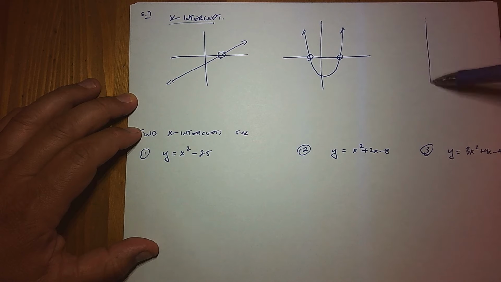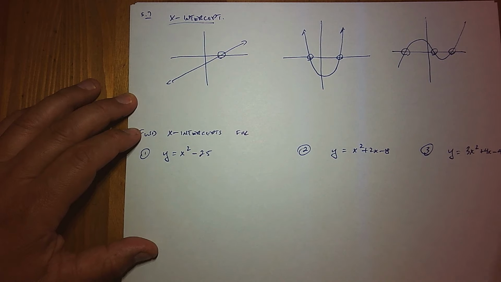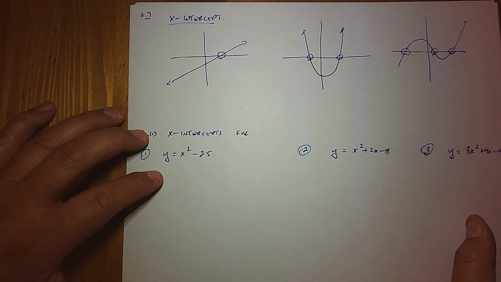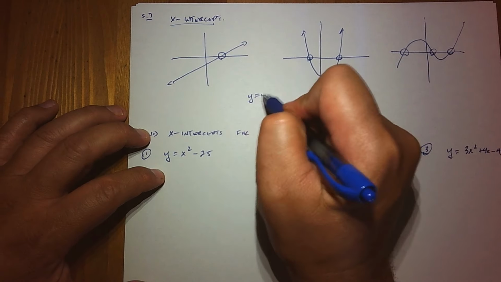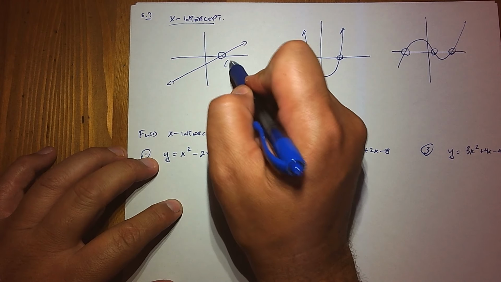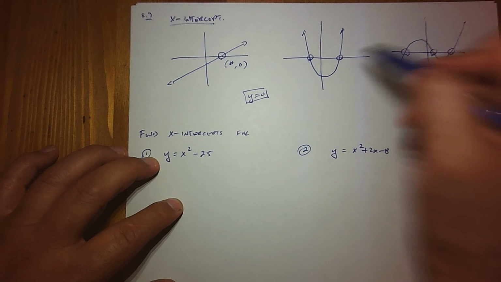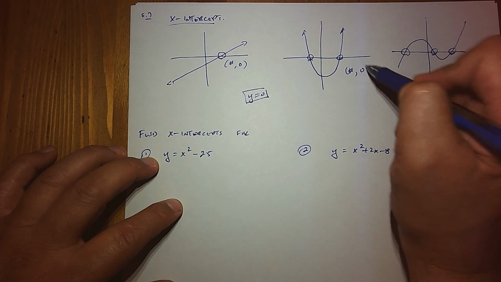And then sometimes we have a cubic graph, something to the third power, and cubic graphs look like this, and we notice they're actually crossing the x-axis 3 times. So x-intercepts are points, or locations, where we are crossing the x-axis. And algebraically, the way that we find them is we let y equal 0, because this number right here would be some number, but we know for a fact that 0 would be the y coordinate. For these two guys, either one, there's some number for the x-axis, and then 0 is definitely